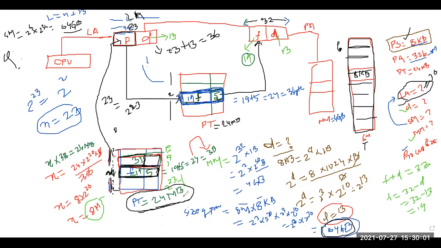That multiplied gives you the page table size. So don't confuse the page table size and the process size. As I already said in the class, process size means how many pages the process requires, which will be stored here, and the page table size is the total number of pages times the size of each entry. Getting my point or not?